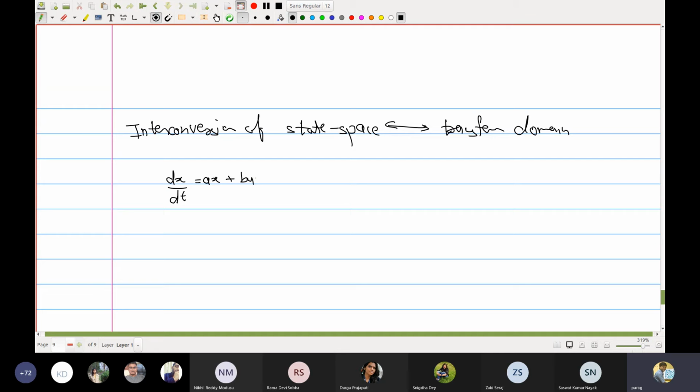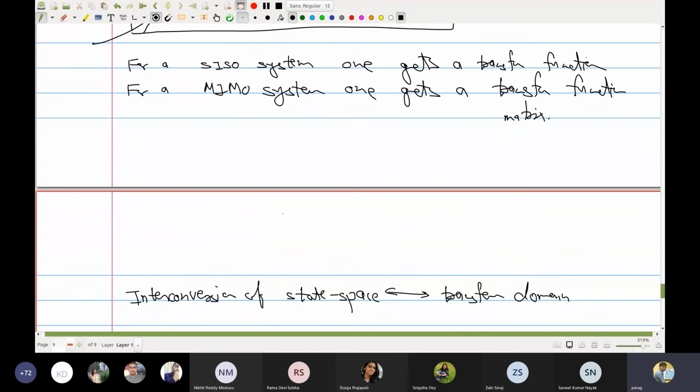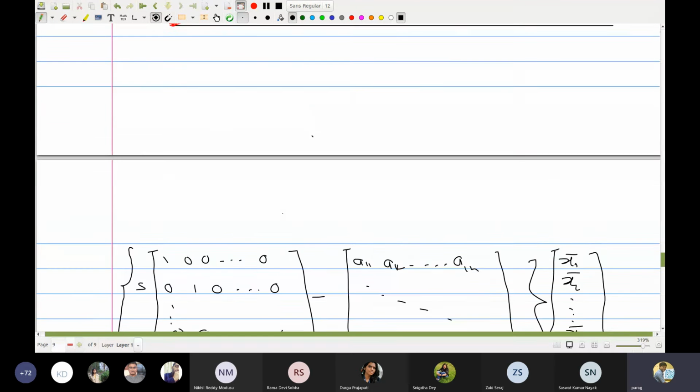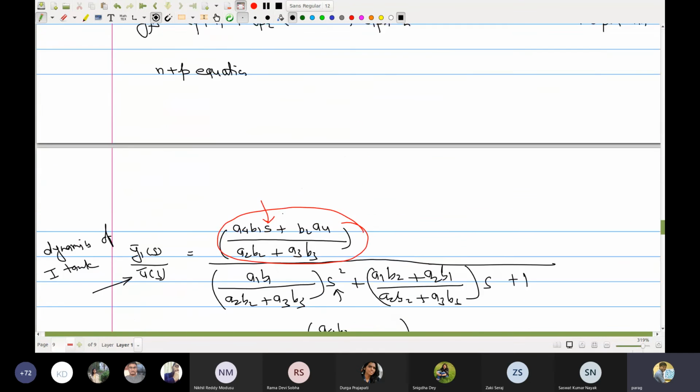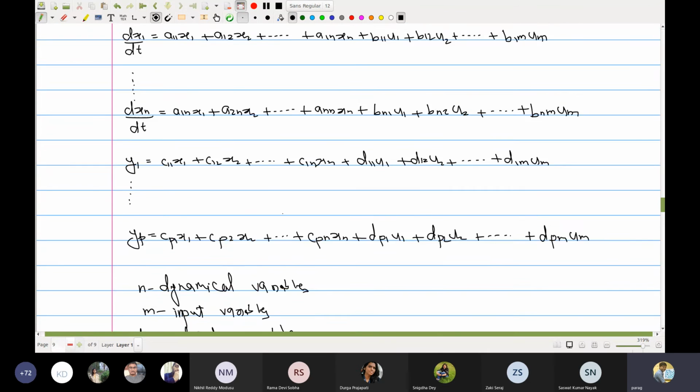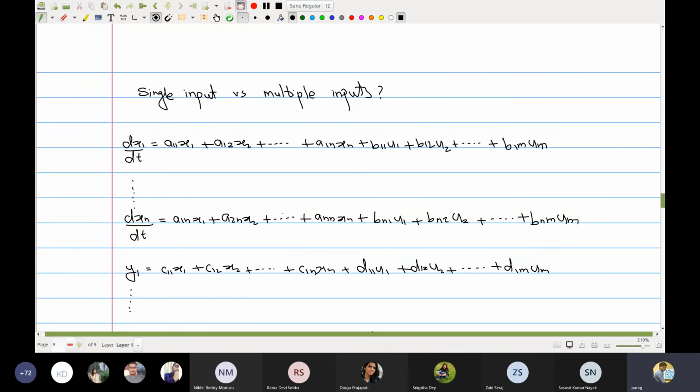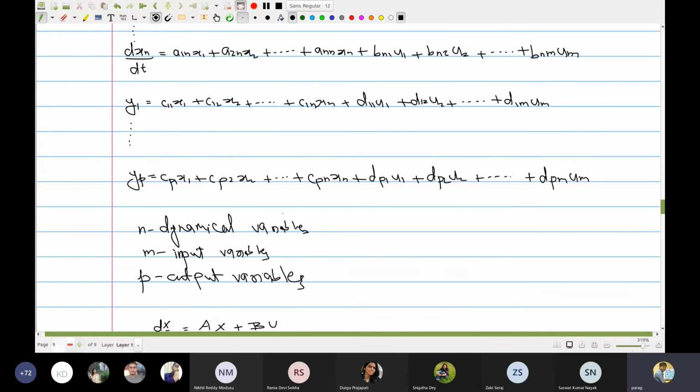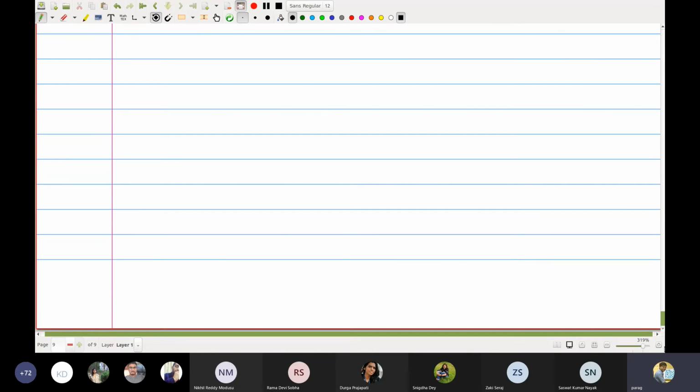So we generally write it as dx by dt minus ax is equal to bu. So here minus ax has been converted to the other side, so the minus sign has been taken away. The magnitude of a can be negative, and this will be accompanied by the expression for an output variable, which is cx plus du, right? Well, this is the same as the set of equations which we wrote here. Just a single equation will give you that for a first order system. Okay, so now